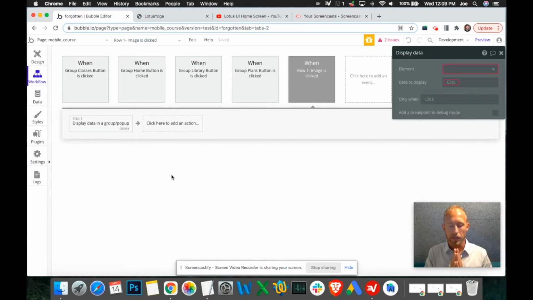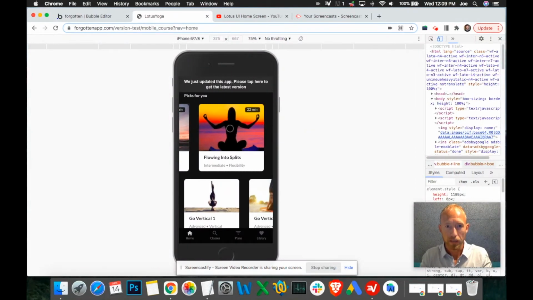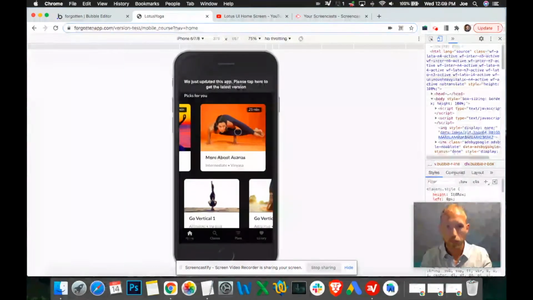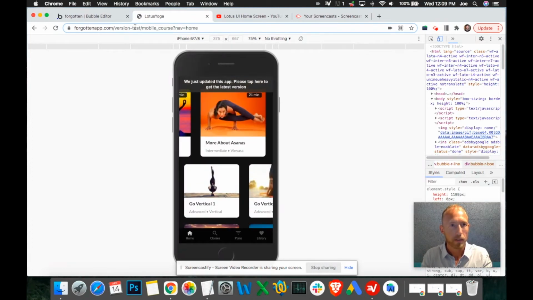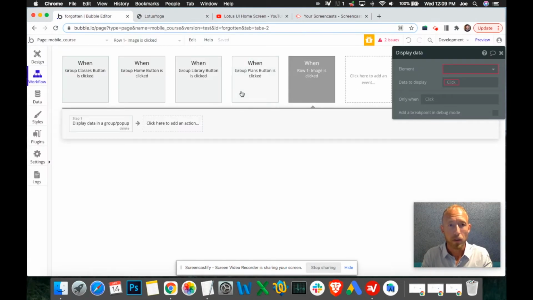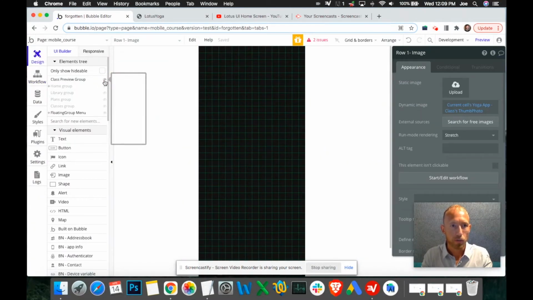So think about this. The person could be clicking this further vinyasa one. They could be clicking this flowing into the splits, more about asanas, right? Any of these. How do we know when we pop up our new group, which is going to have an